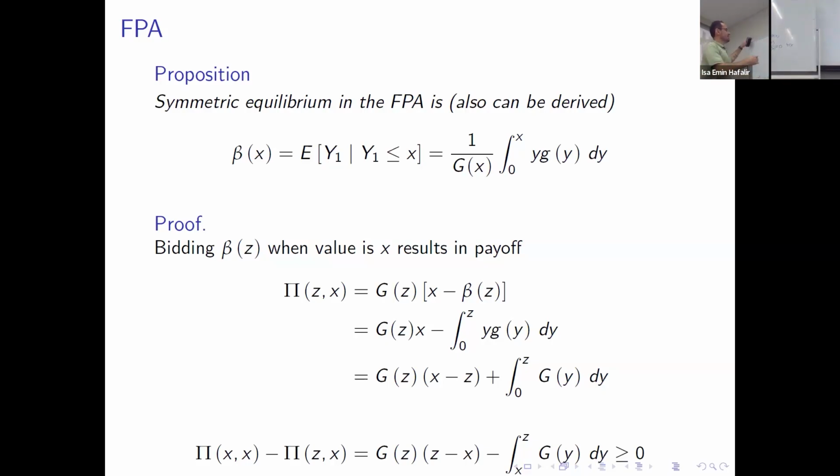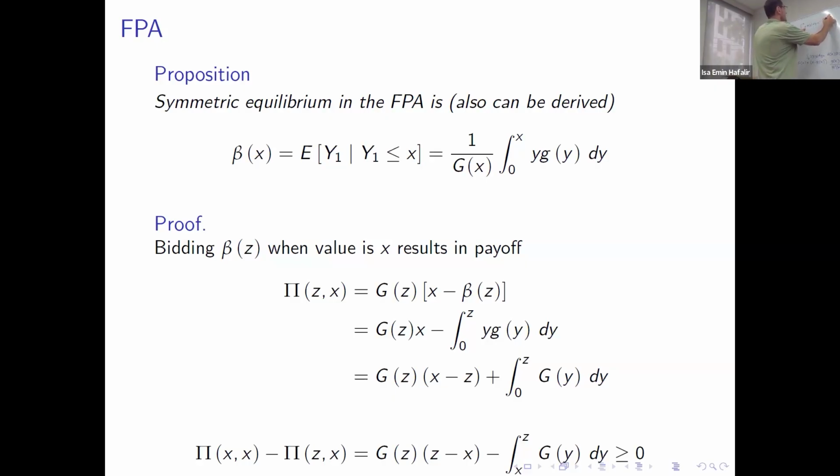Remember the formula for integration by parts: the integral of u dv is equal to uv minus the integral of v du. This was the general integration by parts formula, right? So if I consider my v as capital G and u as y, I can write this one